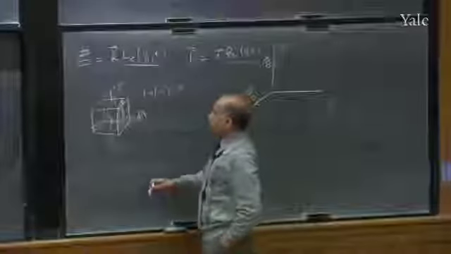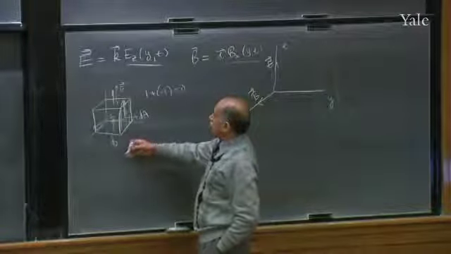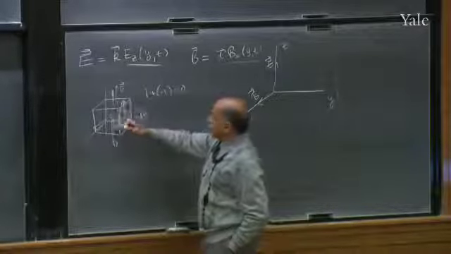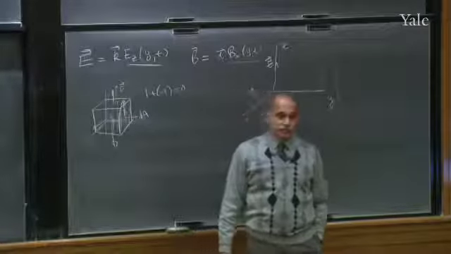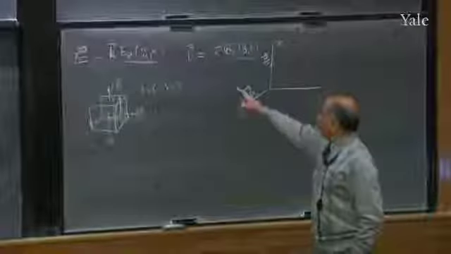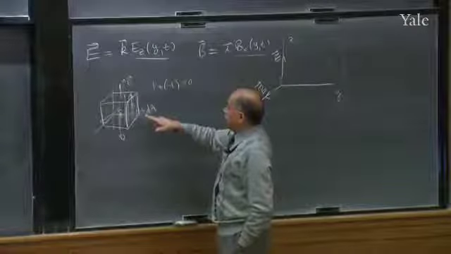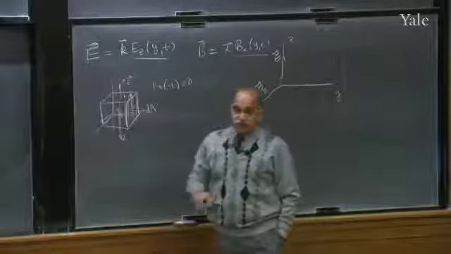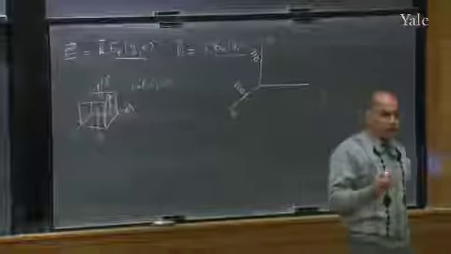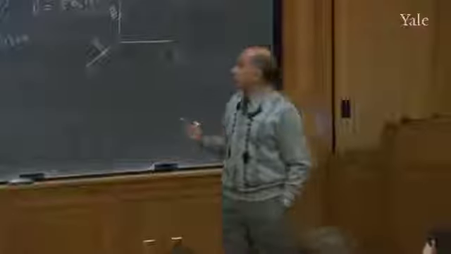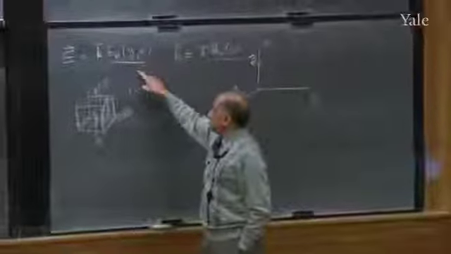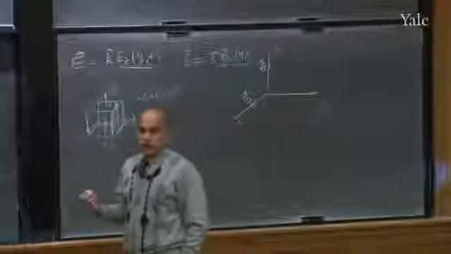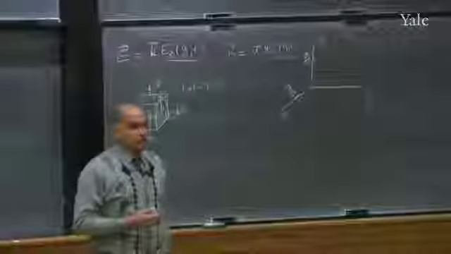The same thing goes for 2 and -2. If you go to face number 2, here the electric field is pointing like that, but there is no flux, and there's no flux on the opposite face. So we get 0 either because the field is parallel to the face, or if it's perpendicular, it has the same value on opposite faces with opposite pointing normals or opposite pointing area vectors, and you get 0. So that's how you get the surface integral of E to be 0 on this tiny cube. But if it's 0 on a tiny cube, it's 0 on anything you can build out of tiny cubes. That means 0 on any surface.